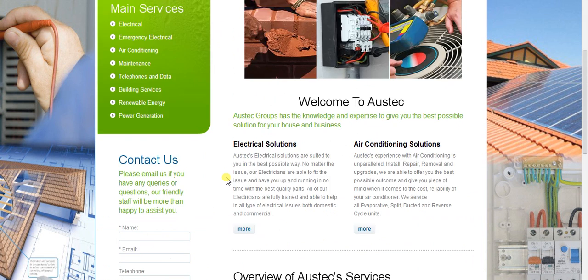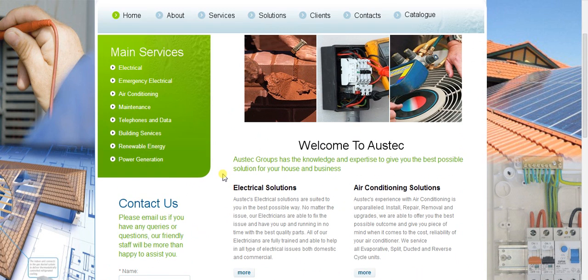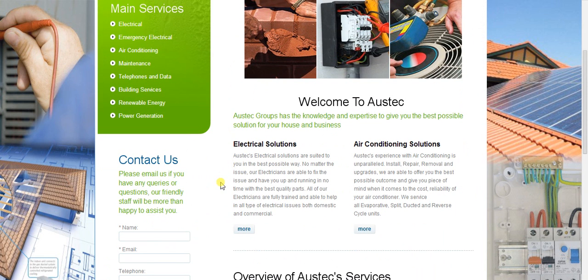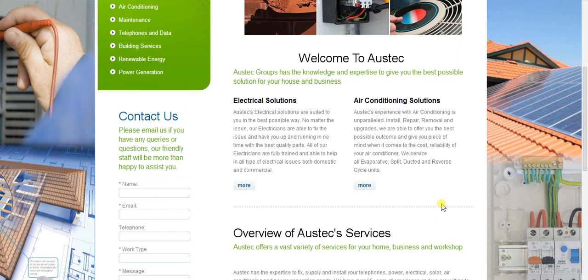So I feel that this website does a really good job in relating to the customer as opposed to just chest beating about the business like most websites do. Most websites just talk about what you can do, how long you've been in the business for, all these kinds of things. But this does relate to the customer, suited to you in the best possible way, able to offer to you. It talks to the customer, which is really good, but it still focuses on business features